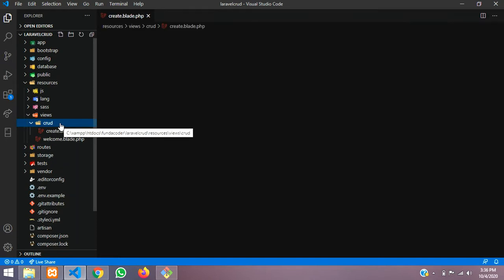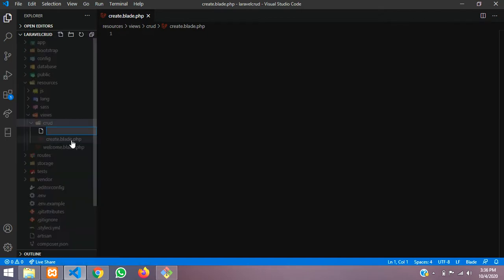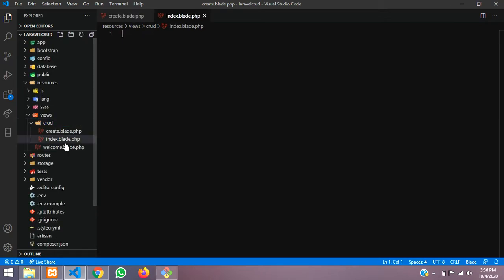This is my first file, for adding. Let's create one more page for index, a new file called index.blade.php. That will be the main page.